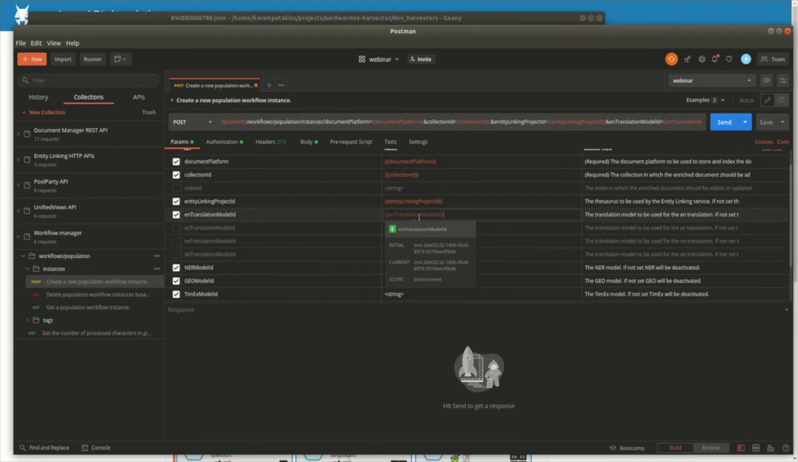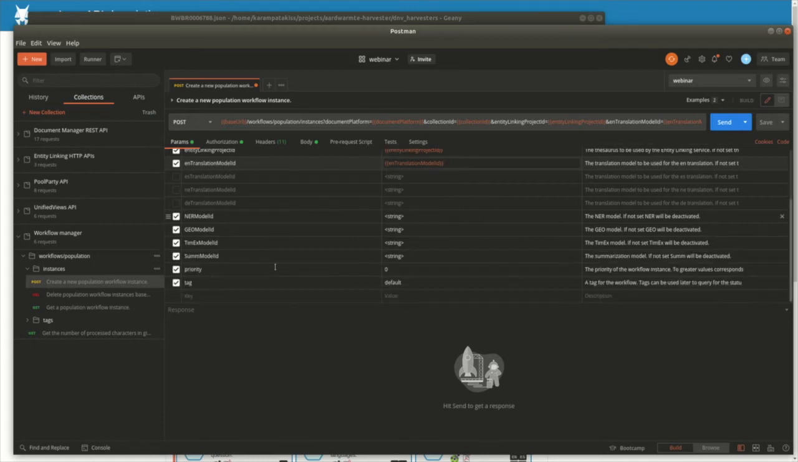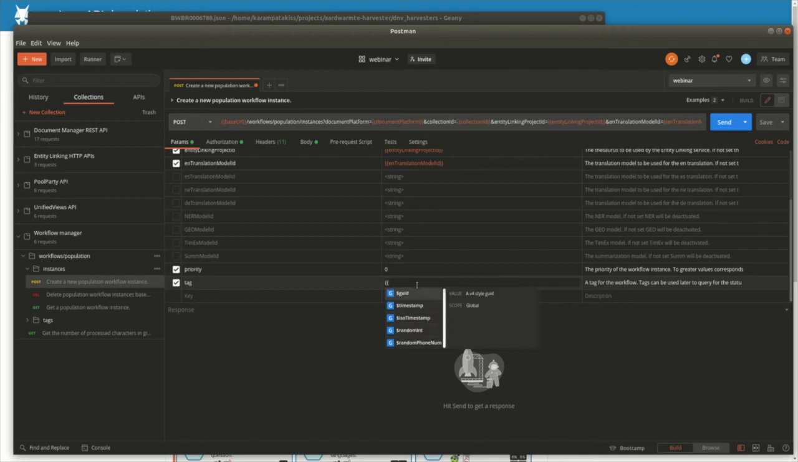Here you can see the ID of the translation model. There exist different models that map input language to output language. We do not want to use other annotation services, just the entity linking one, so I'm also switching off this. And we set the tag to be webinar again, so we can check its status later. This is set to be webinar again. So now I'm ready to execute the call. I click on send,